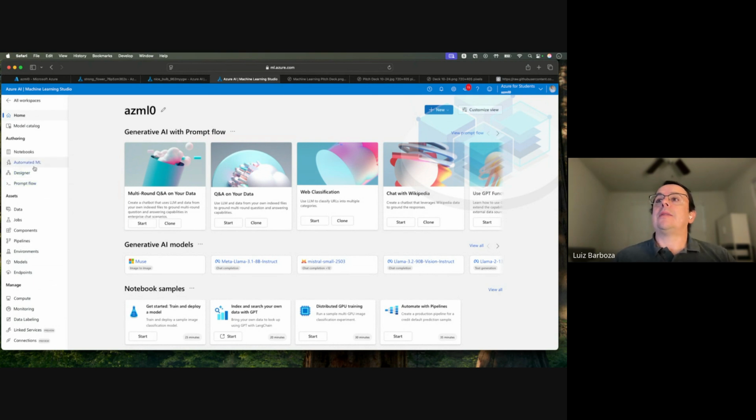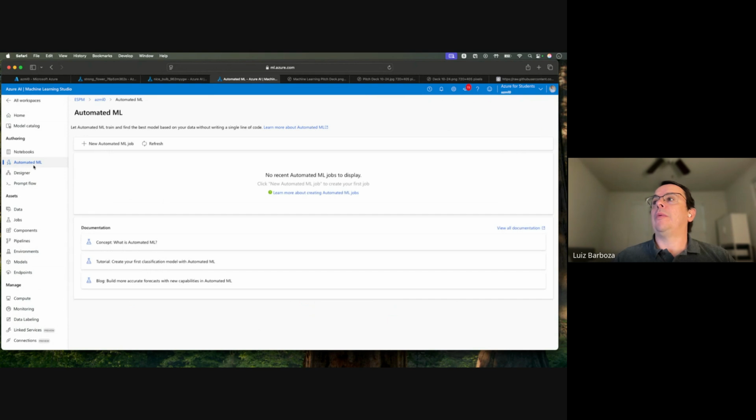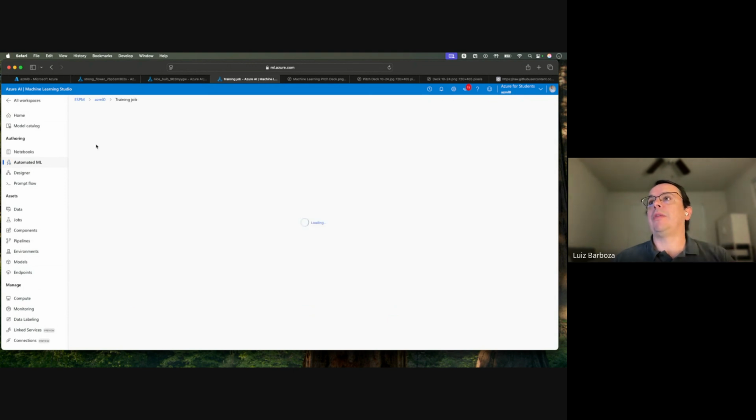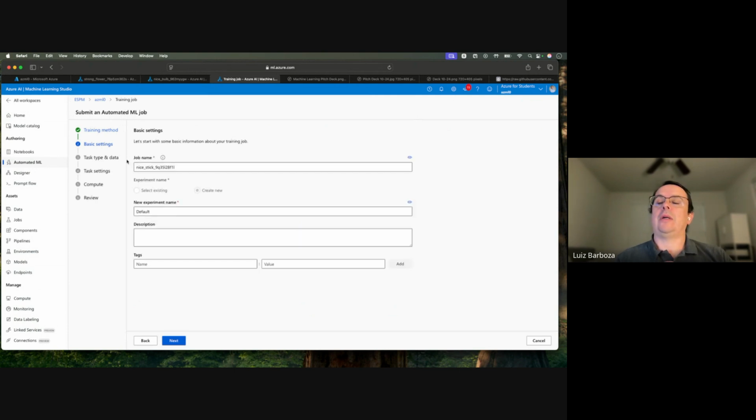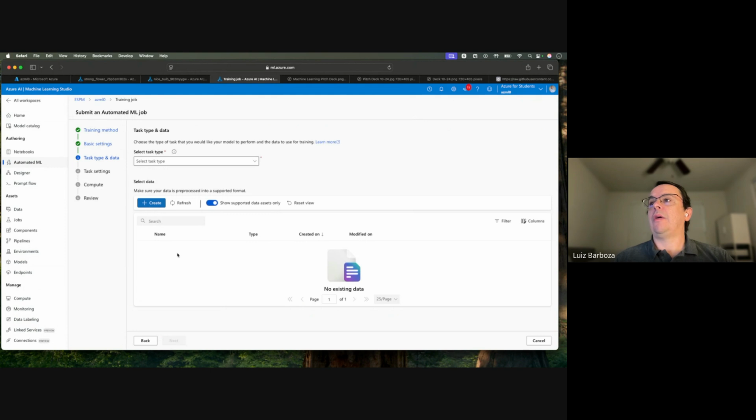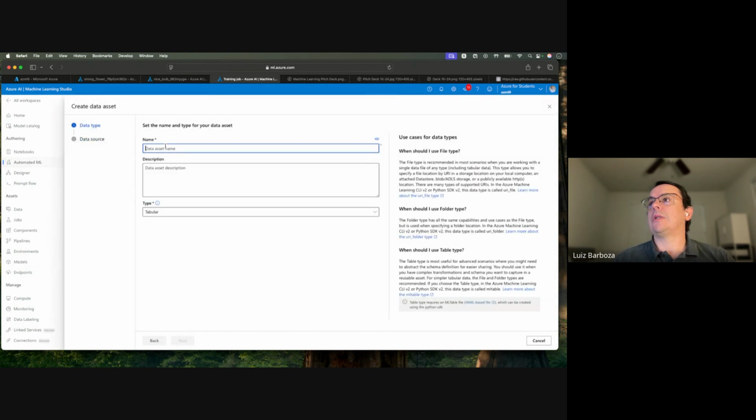So let's start with the AutoML, as it takes some time to process and we can start the job and leave it running and then do other stuff in parallel. So let's create an initial job here. And the suggested name is fine. And then we have to inform what data source we're going to include. Let's create a data source. Here there is a data set. It's the fraud